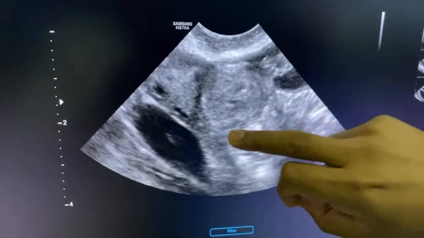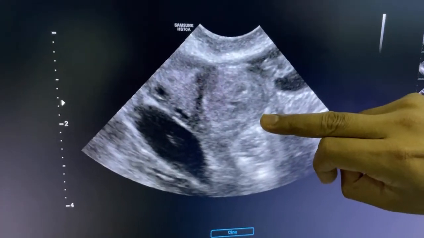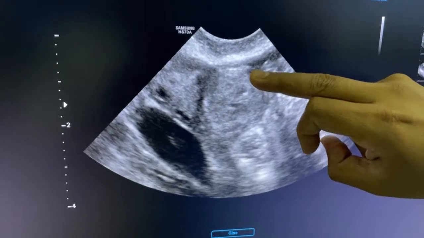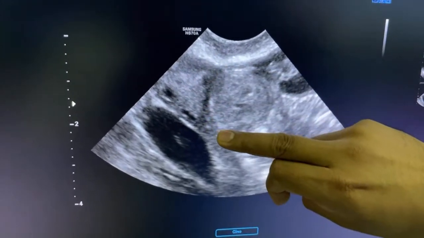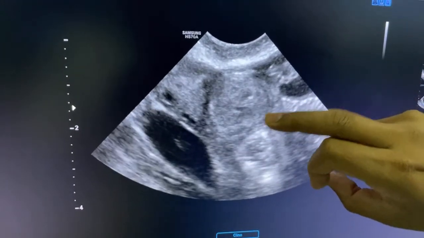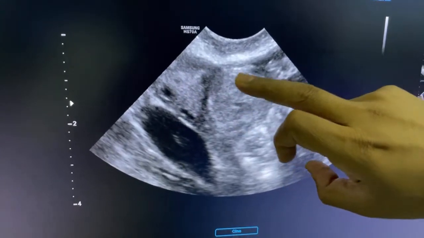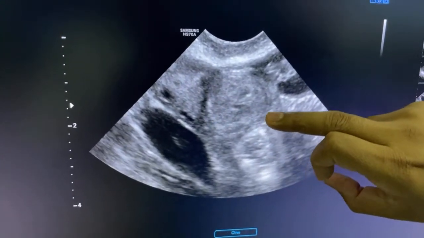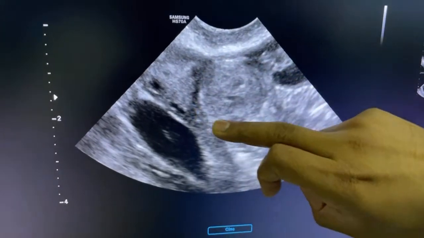It is clear cut, making it round. So what is this? You can clearly make out this echogenic boundary. And what is this? This is the blood collection. And what is this echogenic boundary? It is the fallopian tube. So how do we define this?